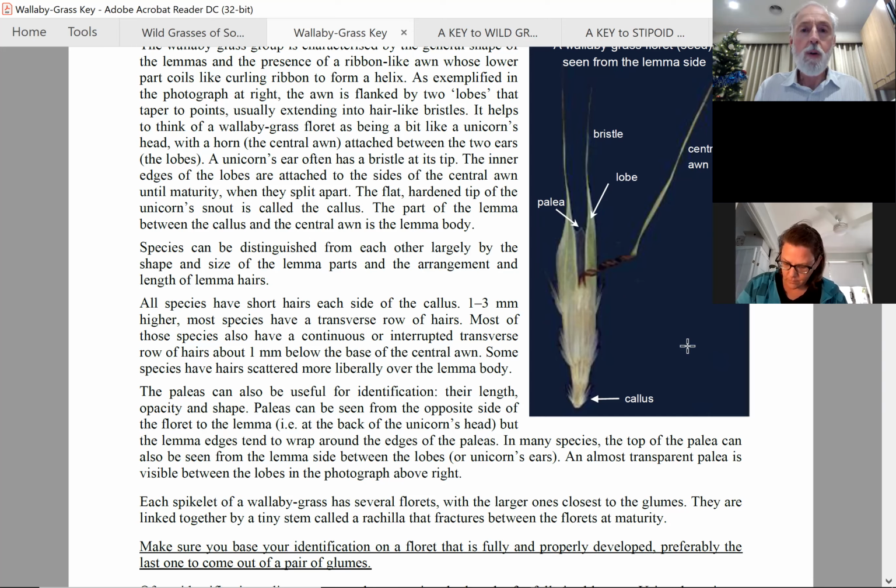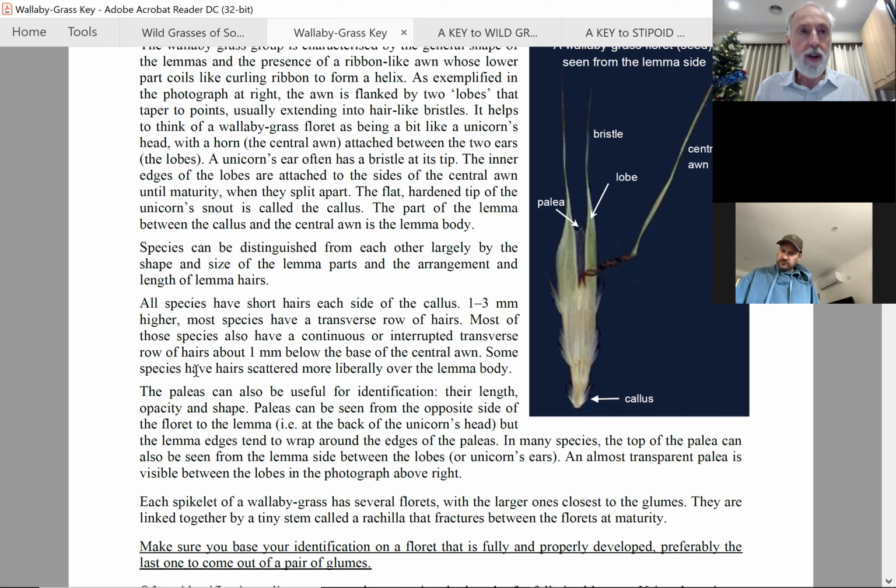So those of you who said that you found 3 or 4, did you find more in another spikelet? Yeah. Up to 6. Okay, good. I haven't found them with 8 yet. Okay, good. All right. Now, the official way to measure the length of a wallaby grass seed, other than in